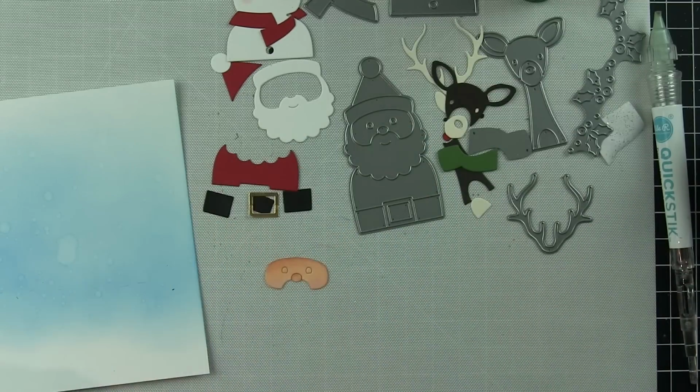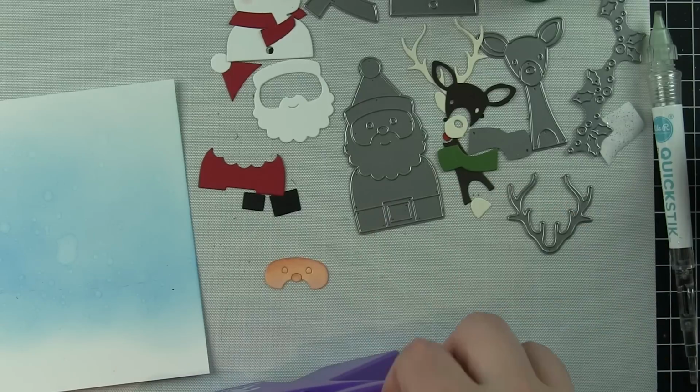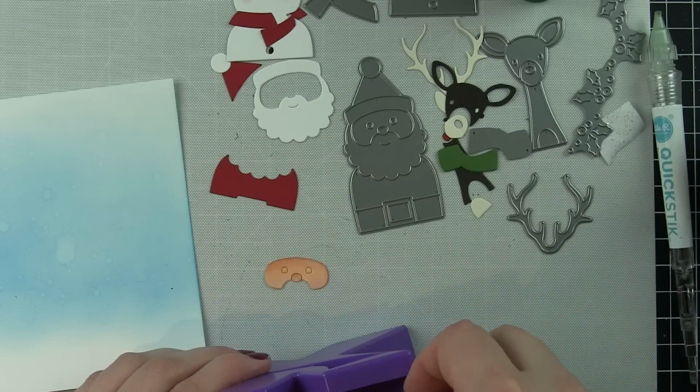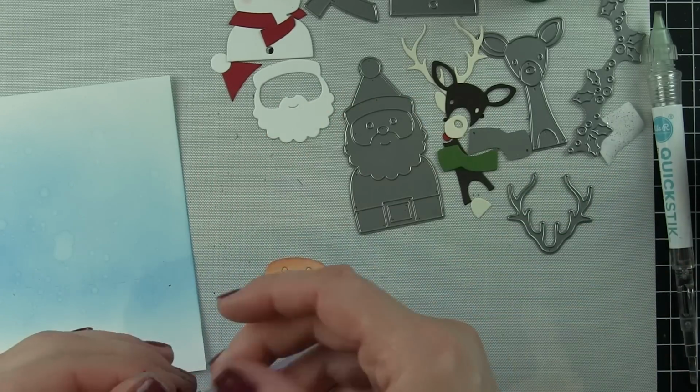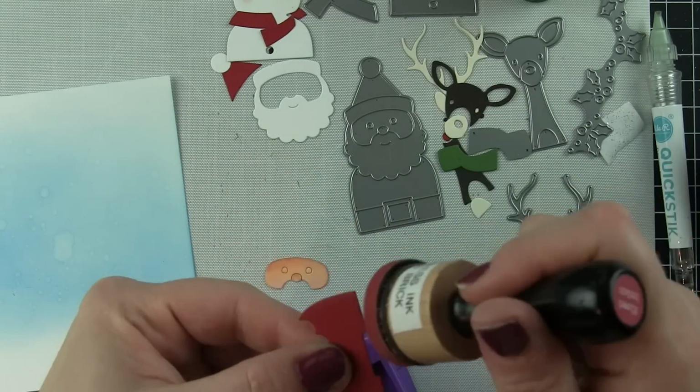I think we could use some flesh colored cardstock, or maybe there is some and I just need to find it. I don't know. However, I think it's great to find ways to get around this, and using your markers is a great way